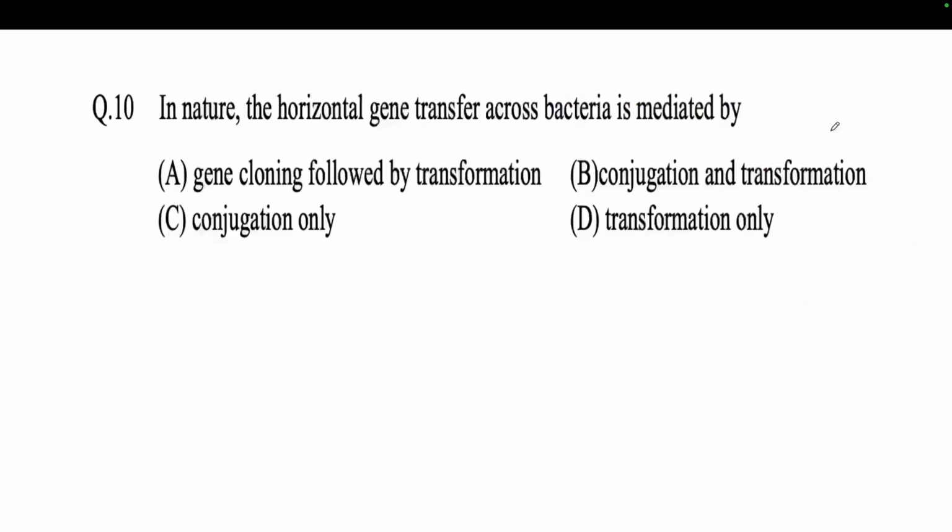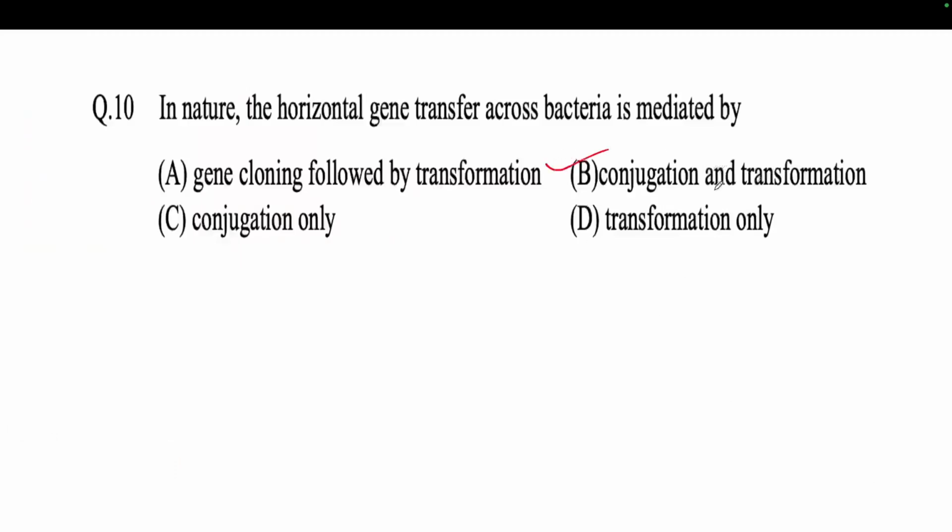So regarding this, one question has been asked: in nature, horizontal gene transfer across bacteria is mediated by gene cloning followed by transformation, conjugation and transformation, conjugation only, or transformation only. What will be the correct answer? B will be the correct answer,